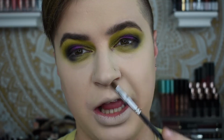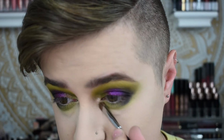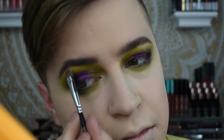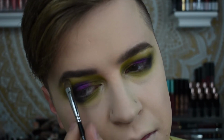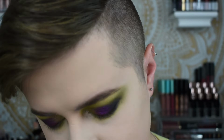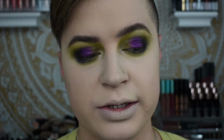And now I'm going to go in with the lightest shade for my brow bone and inner corner highlight, and it's called Light of the Party. Now I'm going to throw on some mascara and some lashes, and I'll be right back to finish off the face with you guys. So now that the blush is on, the eyeshadow is done,